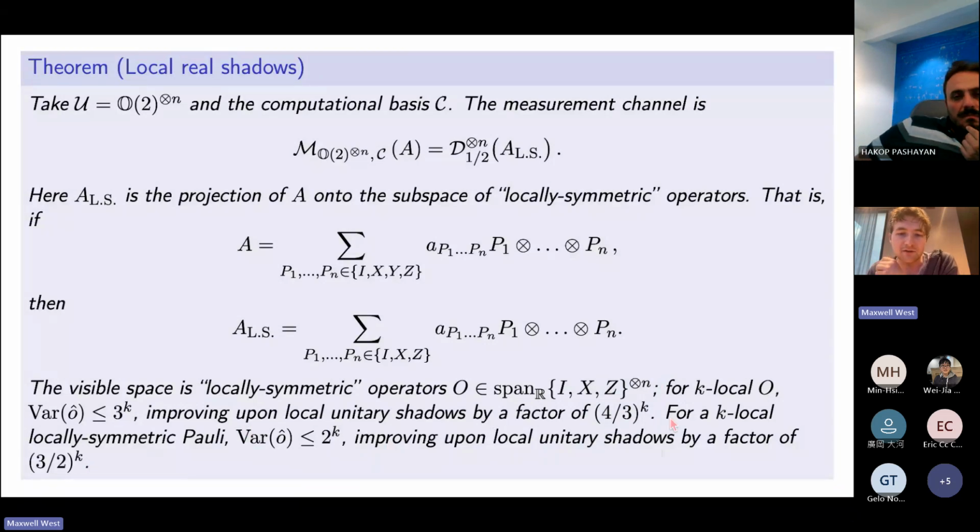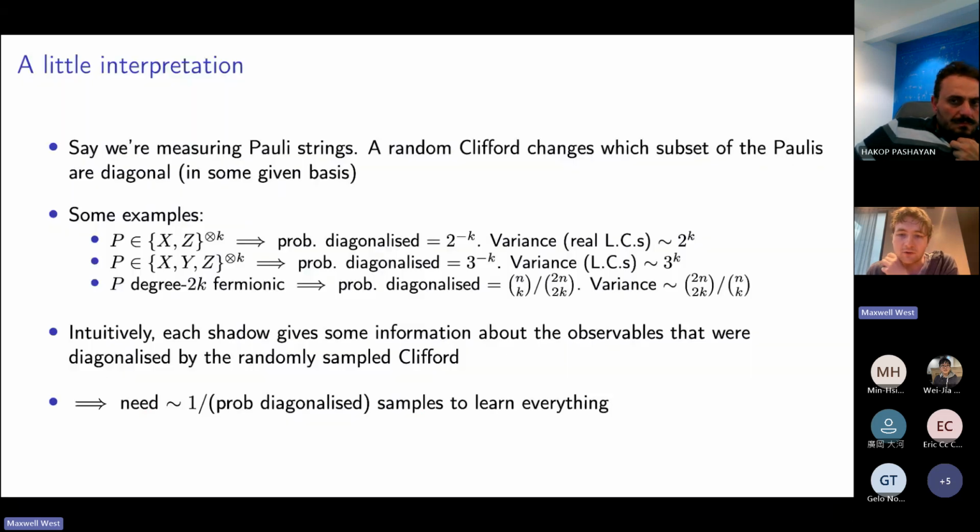This is basically the trade-off, right? With unitary shadows, you can measure a lot more than we can with these local orthogonal shadows. But if you happen to care about things that are in this span, which, my understanding is you can come up with certain examples in, say, condensed matter physics where you have Hamiltonians that produce these real-valued terms, then if you do happen to be in that situation, these improvements are potentially a bit more dramatic.